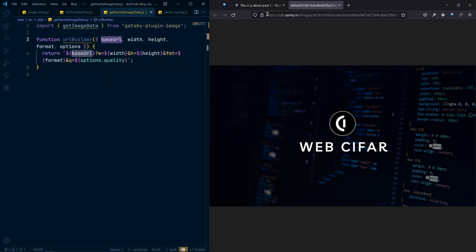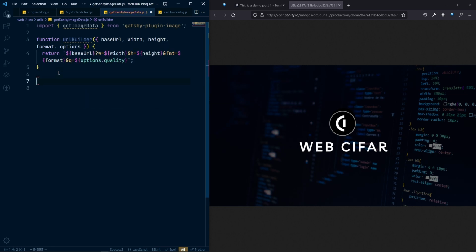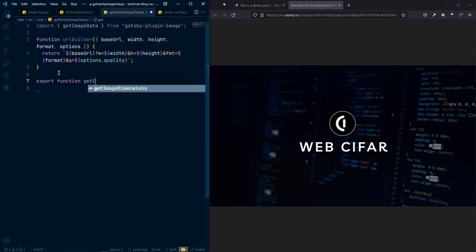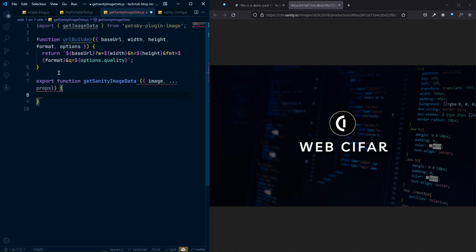You can see that we will actually optimize this base URL with the given width, height and format, and it will return this optimized URL, as you can see. Now after that, from this file we need to export a function which is getSanityImageData. That's the main function. In this function we need to get the image first of all, and also the rest of the props here, and we need to return